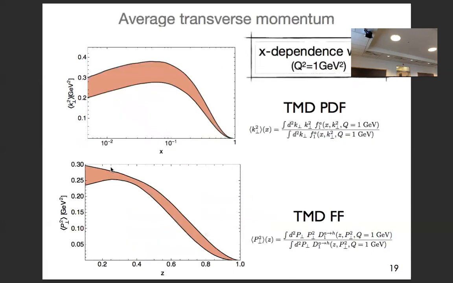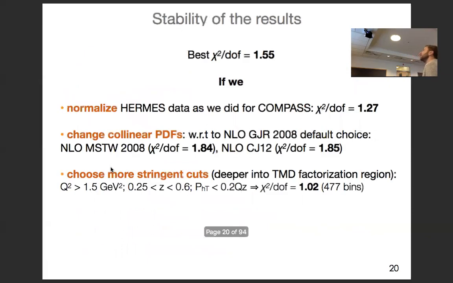Here you have a sample of the average transverse momentum for TMD PDF and TMD FF as a function of x, just to give you the shape of this observable. Finally,